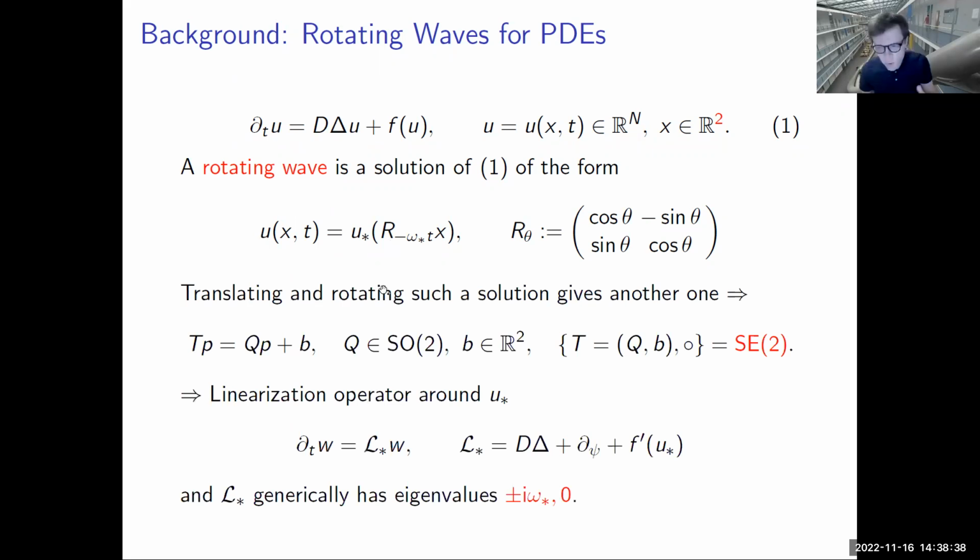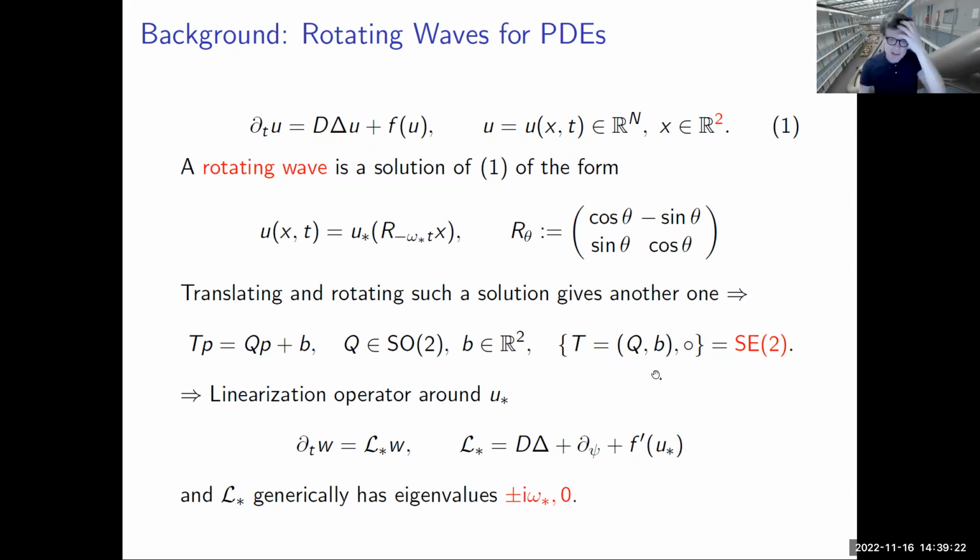So one important thing in rotating waves and spiral waves, there's actually much more symmetry now. Remember, for our classical translating traveling waves, it was very important that we needed to figure out that the noise was actually acting along the translation direction, the symmetry direction of the wave. The wave itself is there, but also all the translates are there. So there's an entire family, but the symmetry group for a normal translating wave is the real numbers. It's the normal translation group. But for rotating waves, the symmetry group is a mixture of rotation matrices, so SO2, and translation, so some translating vector b in R2.